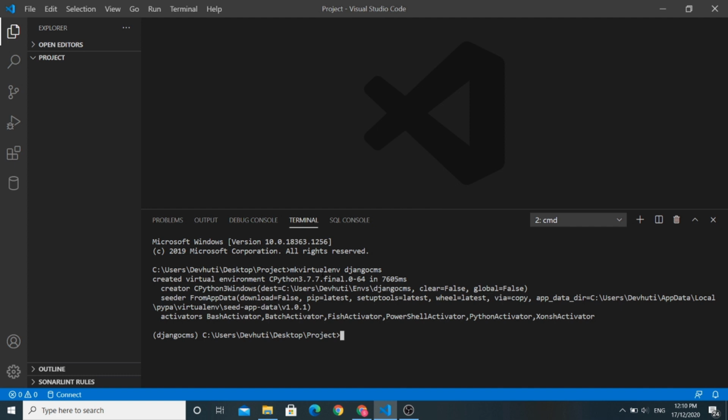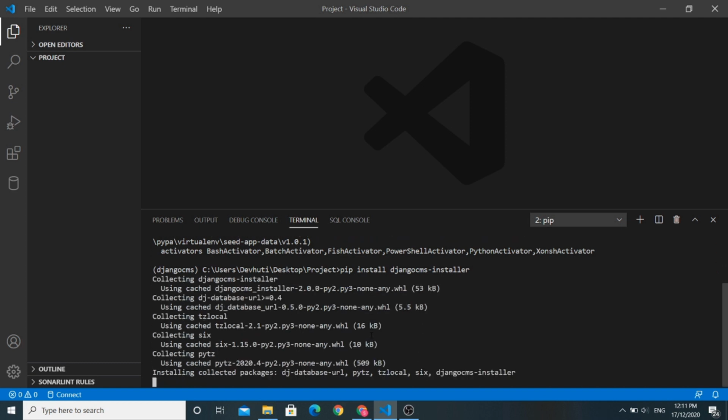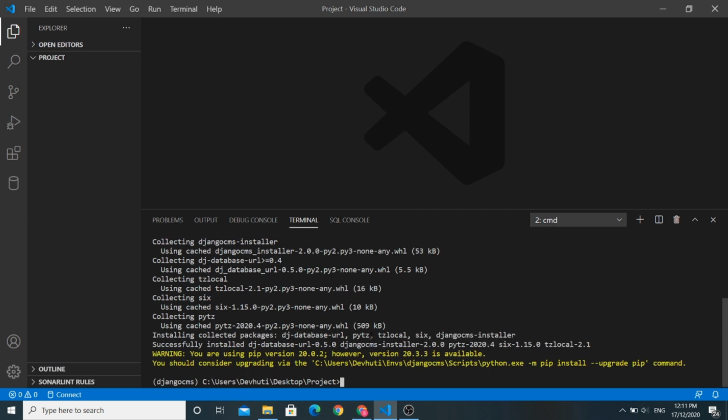Now, in this virtual environment, we will be installing Django CMS using pip. Run the pip command: pip install django-cms-installer. It will install all the dependencies required for Django CMS in our project. Okay, so after installing